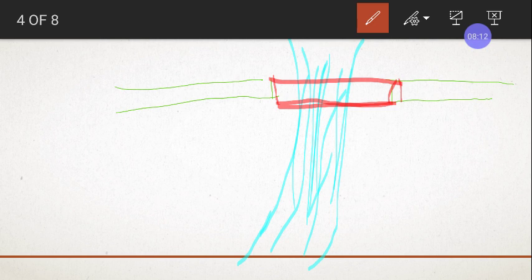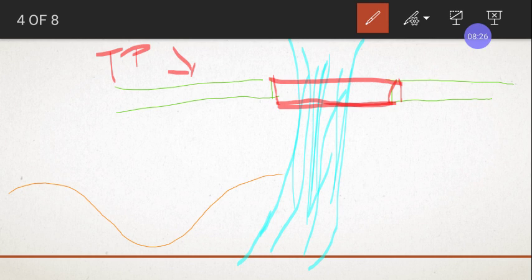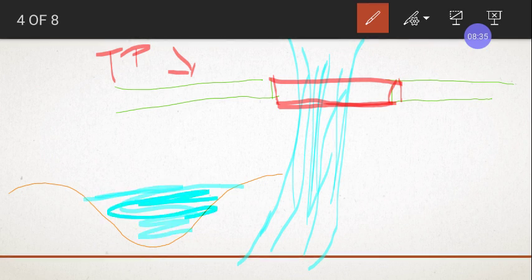If you say same thing, this you are showing from the top, right? This is a top view. If you see the section, it looks like this, right? This is a depression, right? So this is your water level, right?